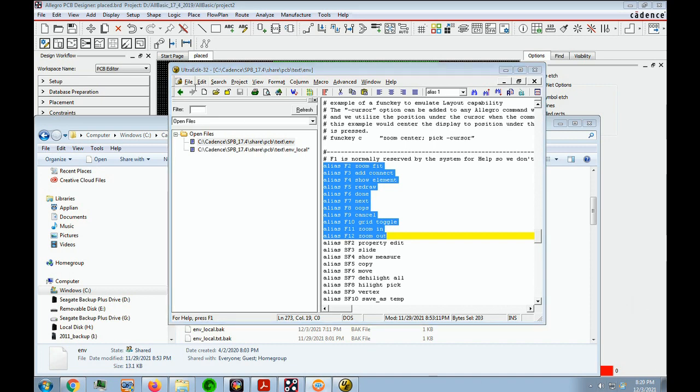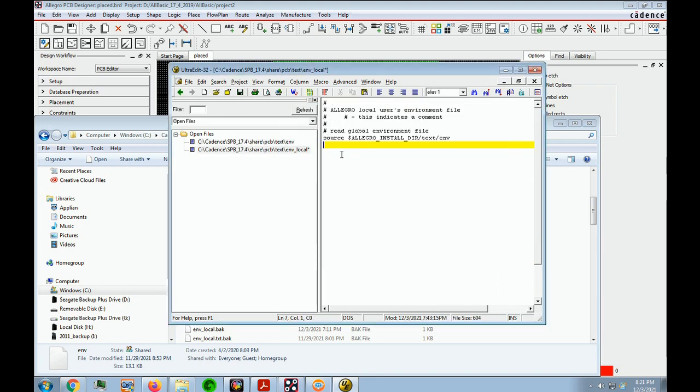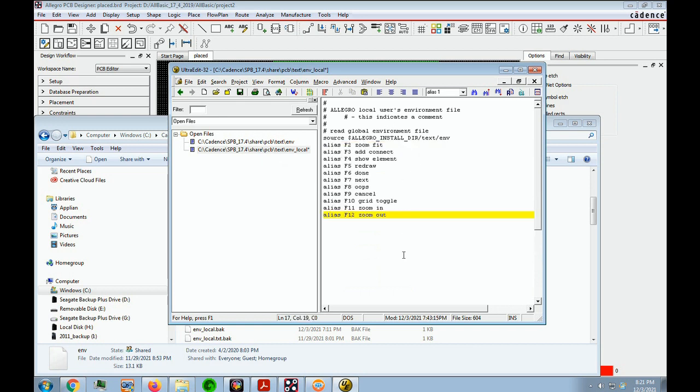So we get a file, open, and we're in the text. We just have to find ENV under local right here, and we'll open that up. Just do a Control-V, and basically what that did is put in all the function keys that we wanted. And what we want to change is on F5, we want to do an add connect, and we're just going to do 3 of them. So we do an add connect,